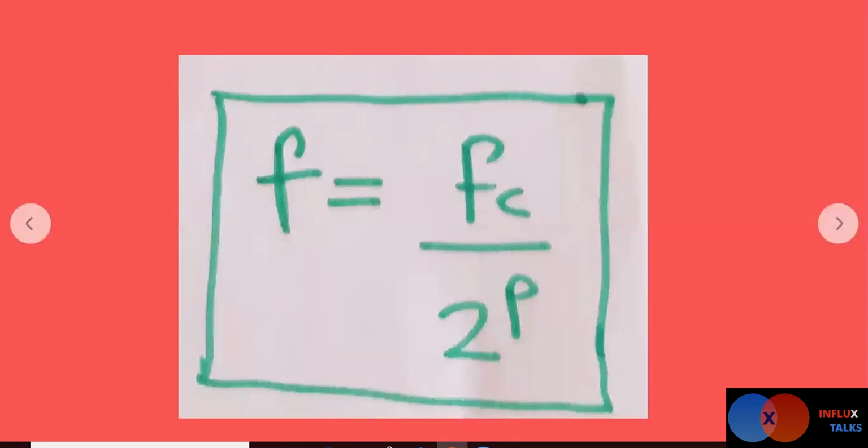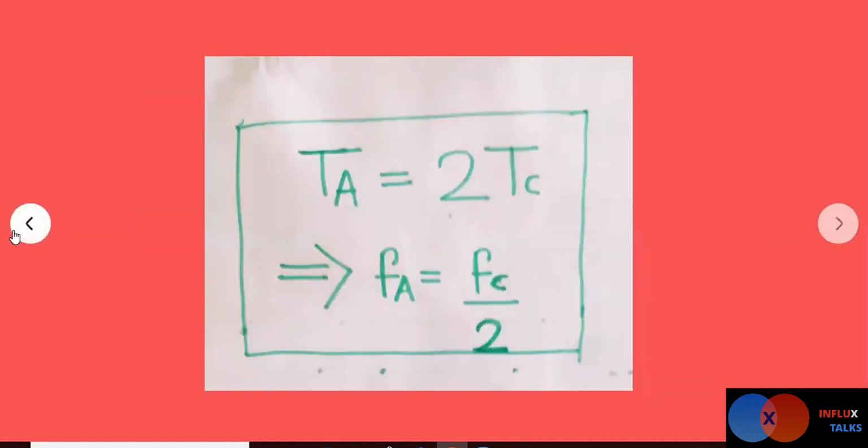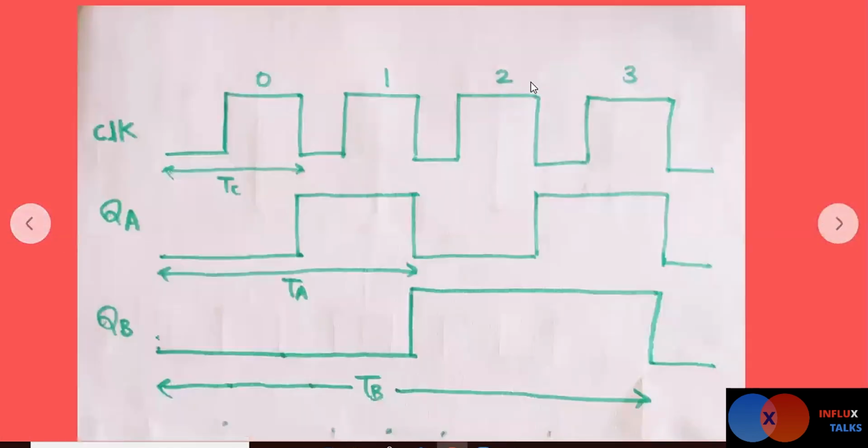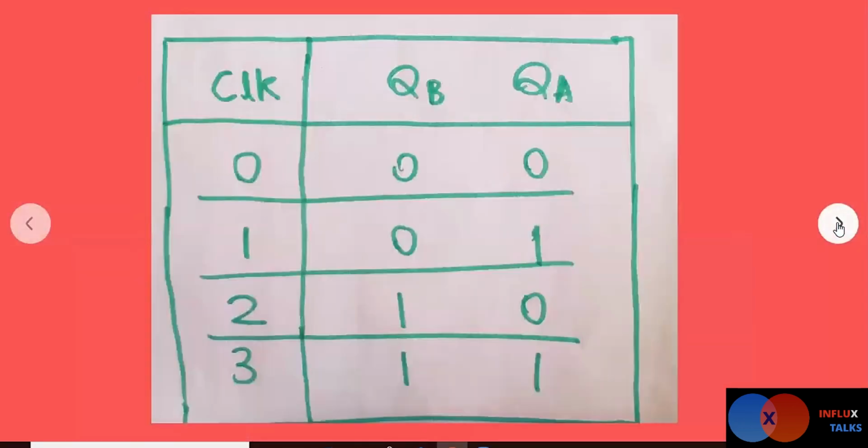So this particular counter, which I showed you in the previous slide, was counting from 0 to 3. Let's see how. We have numbered these flip-flops as 0, 1, 2, and 3, and so on. We are starting from 0 because we only have to count the clock pulses and the counter will work. So how are we going to know which clock pulse has elapsed? It will be determined by the value of QA and QB. So we write down the clock pulses.